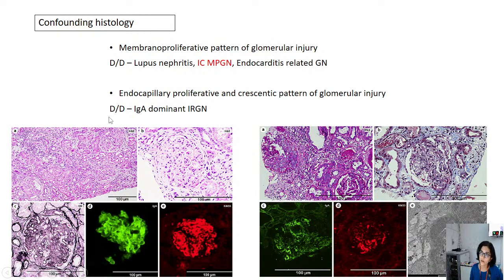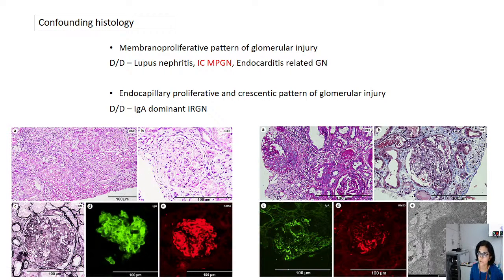So what we found was that when we had a membranoproliferative pattern of injury, as you can see here, where you have a lot of capillary wall reduplication, this is not a classic IgA pattern of injury at all, but it stained very strongly for IgA. The diagnosis rendered usually would have just been an immune complex mediated MPGN, but since we could prove that this is Gal-deficient IgA, our diagnosis changed to IgA nephropathy. This, of course, is much more useful information to the nephrologist when we get back to them